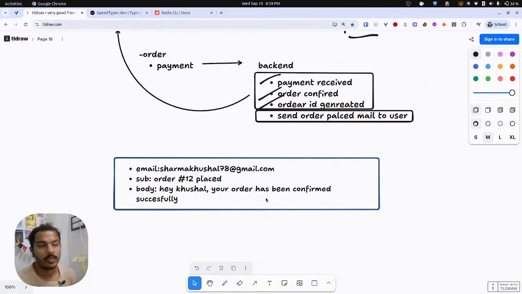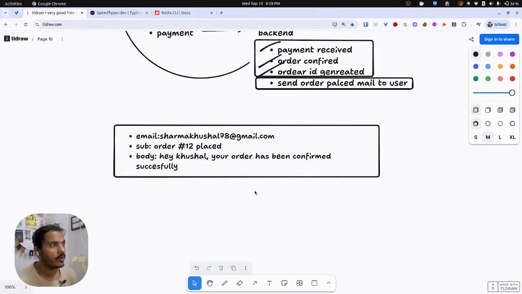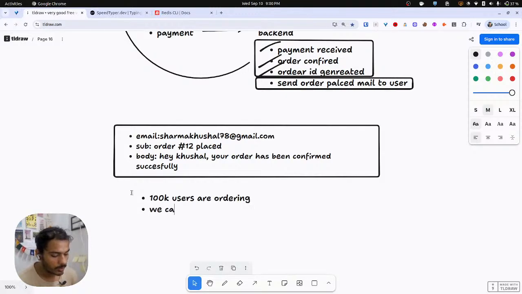So the thing is, why do we need a queue? Like, we can just make a new microservice and send it out. The problem is, in real scenarios, let's just say it's a Big Billion Day or a sale, right? 100,000 users are ordering, and the problem is we can only send